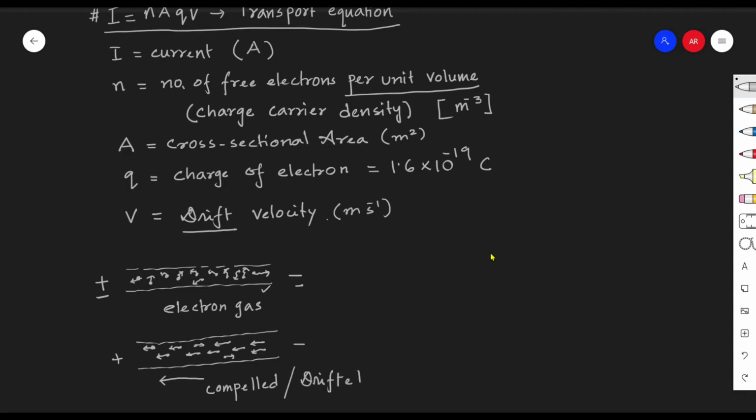So they are drifted. At what velocity are they moving? We call that velocity the drift velocity. Obviously, the wire is under some PD, a potential difference is applied. It is not just a simple wire like this. The wire is connected with the positive and negative terminals of a battery. So if it is connected with the terminals of the battery, the free electrons inside the wire move from one terminal to the other terminal. They are drifted.